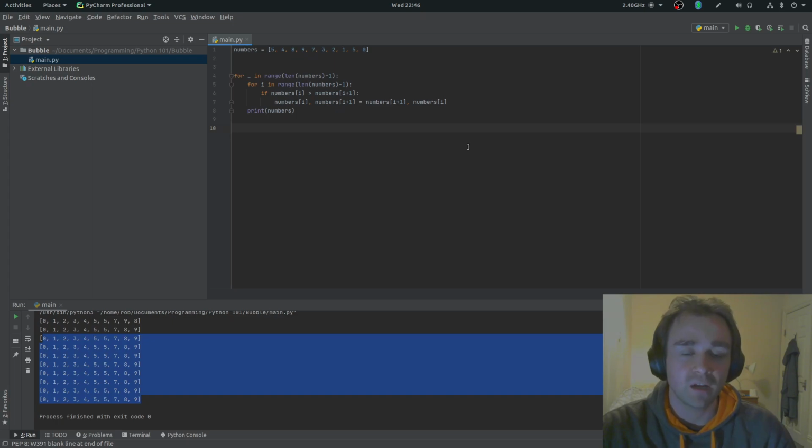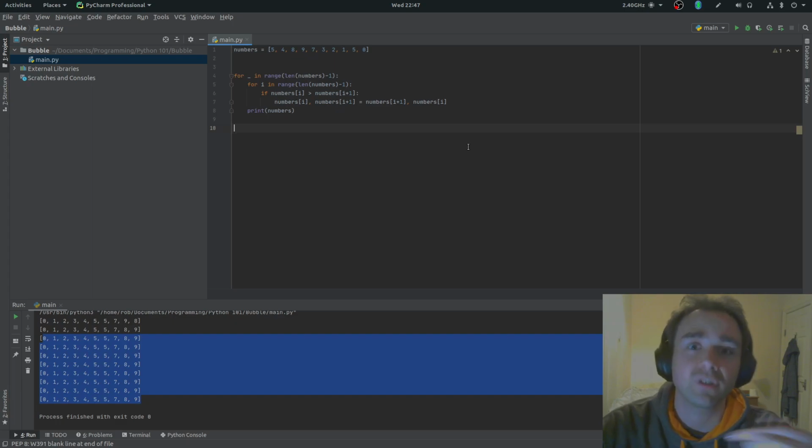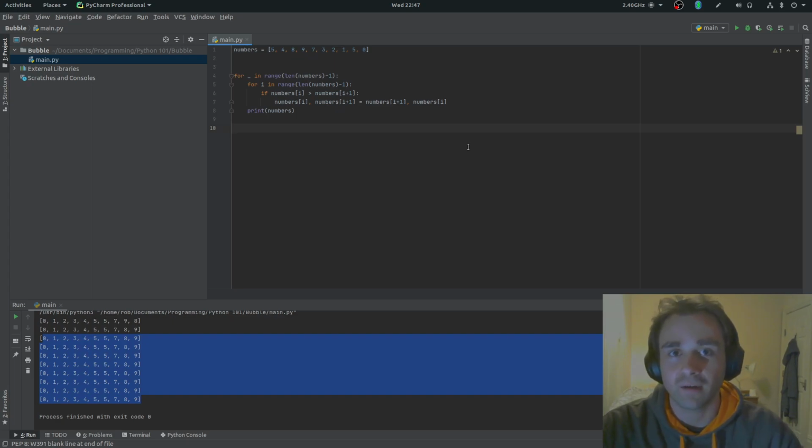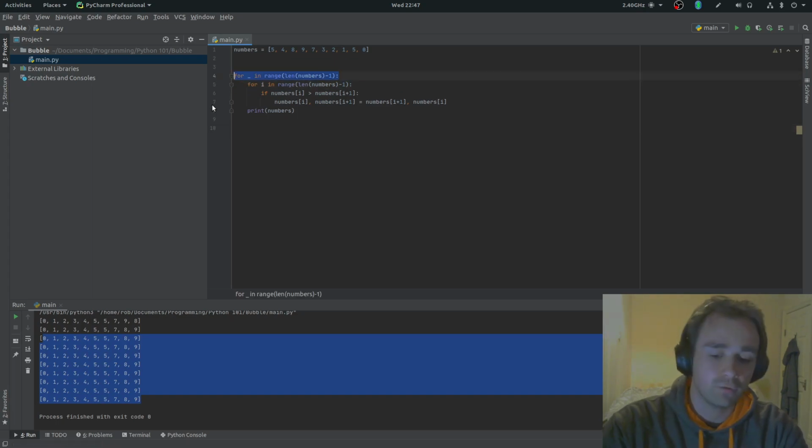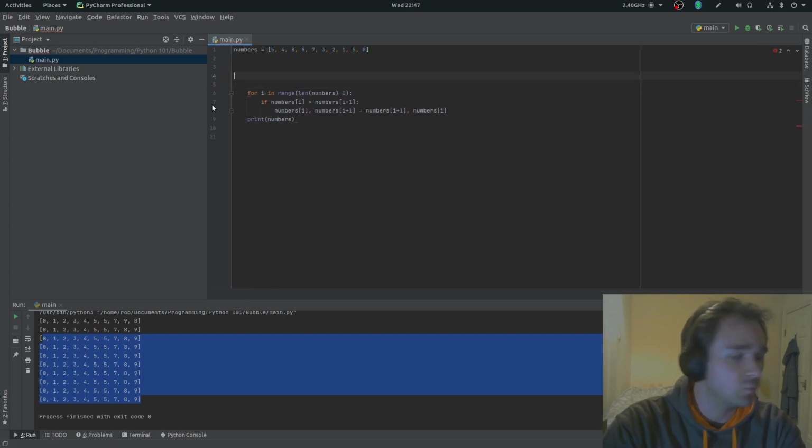So why can't we say while the swap is true, then you can continue going through, and then you reach a certain point where you don't swap anymore. So you can say swap is equal to false, and when that happens, you break out of the loop. So let's try that. Let's change this for loop to a while loop. First of all, we'll need a swap boolean. So swap is equal to true,